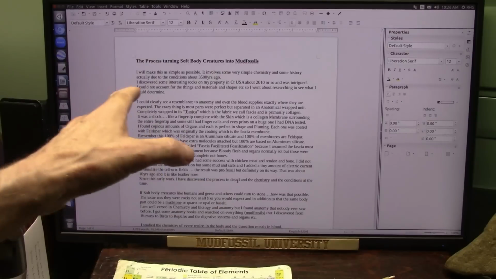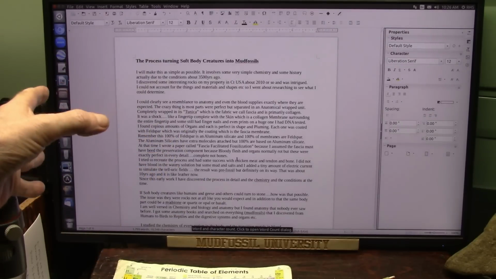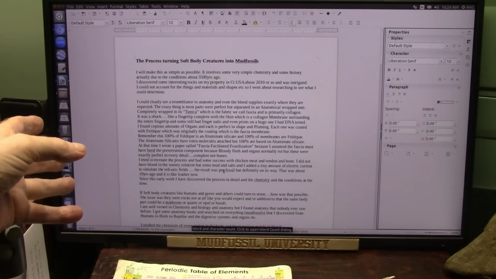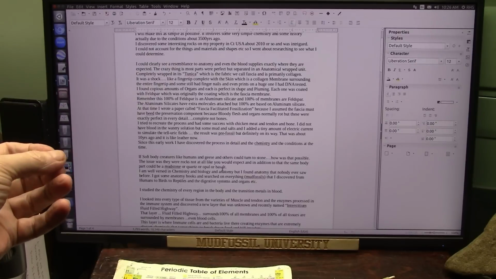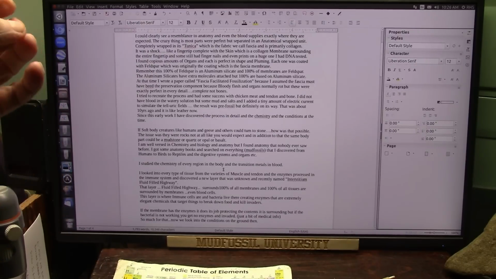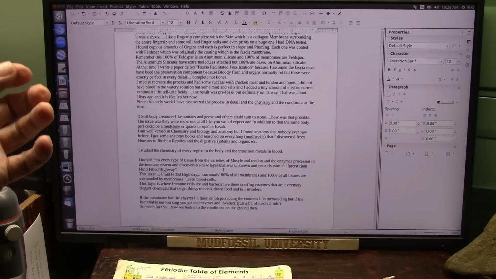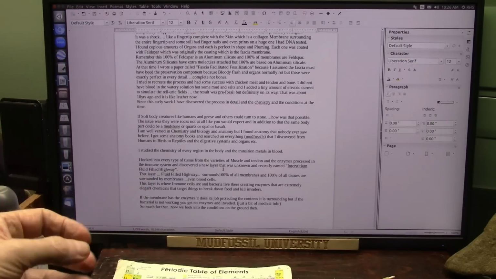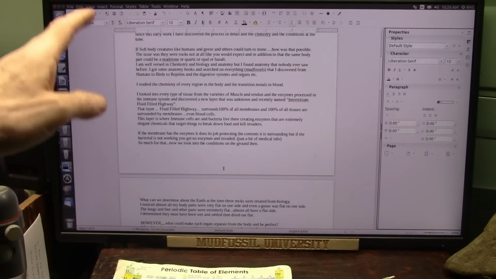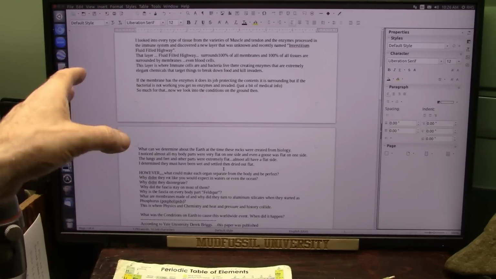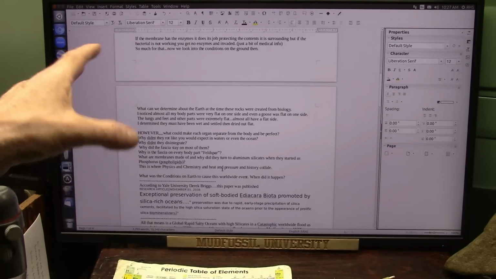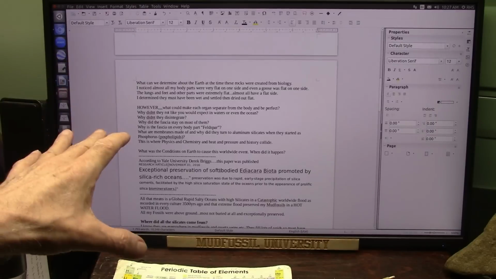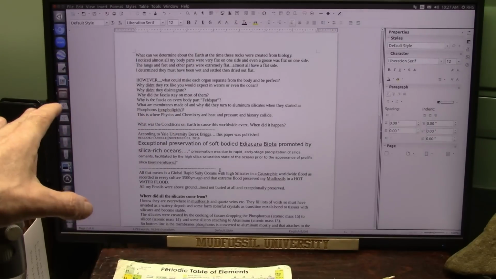So we're going to pick up in a minute, but we're also going to go through this paper I just wrote about the process of turning soft-bodied creatures into mud fossils. How did it happen? When did it happen? How was it possible? What's the chemistry that's involved? What are the body tissues that are involved, and what did they convert to, and why did they convert to these things? I go through the whole thing, and a lot of new stuff has just been discovered: these fluid-filled highways in the body, and these different layers of tissues that they never saw before.